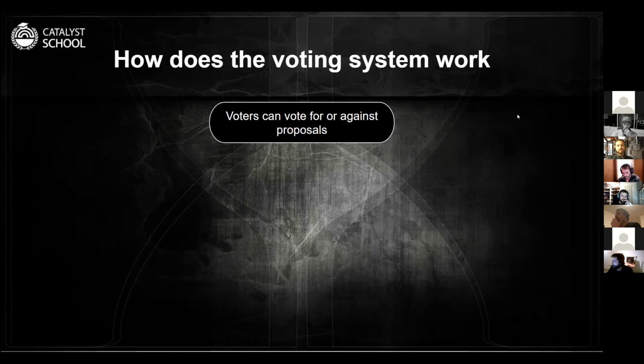So what happens is that all the proposals in the same challenge are ranked by the net vote. What does it mean? It's the upvotes minus the downvotes. And this net is used to rank them from the first one to the last one within the same challenge. So proposals in different challenges are not competing with each other. They're just competing within the same challenge.